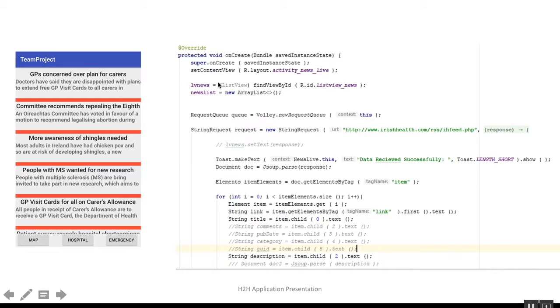So this is the code here. Everything is inside the onCreate method. When we create this onCreate method, we create a string request which uses the Irish Health Industries RSS feed from an API, and gets all the information required for our apps. We're also using the toast method here, which shows when you click the button whether data has been received or not. If it is received successfully, it will tell you your request is successful,